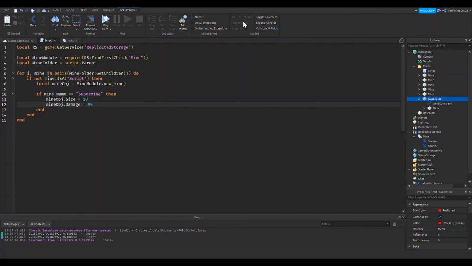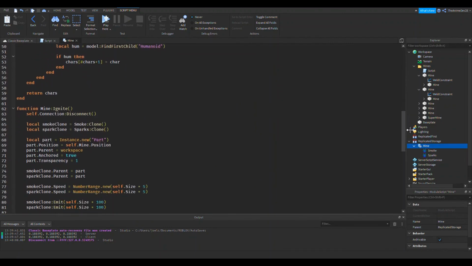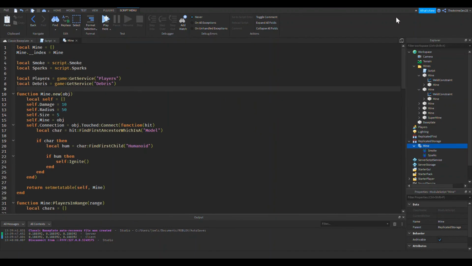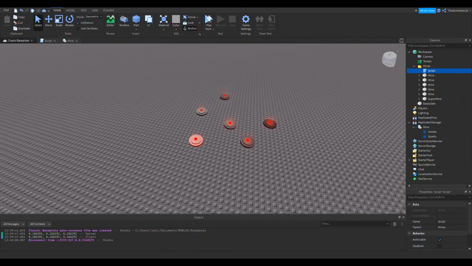And this is only possible, really, if you think about it. If I wanted to do this without object-oriented programming, I would have to have a script underneath every one of these mines. Do you know how absurd that would be? Can you imagine how many lines of code that would be? Meanwhile, all we have is a module script, 95 lines for all of these mines. Hey, that rhymes. Oh my gosh, that was a super nice rhyme. Okay, so yeah, that's what it does, and I think that about concludes the tutorial.